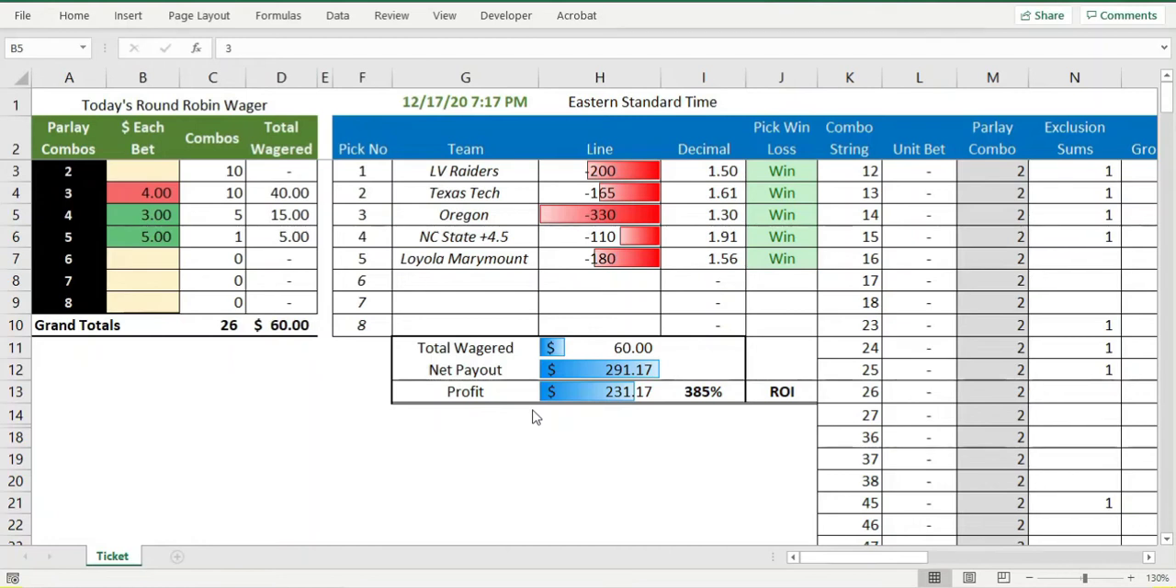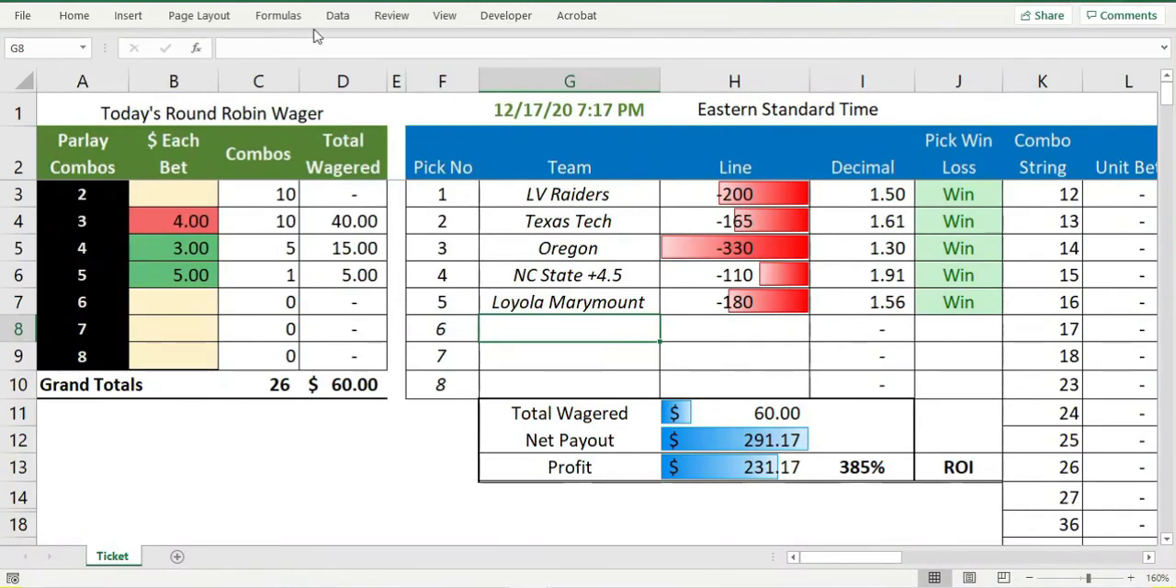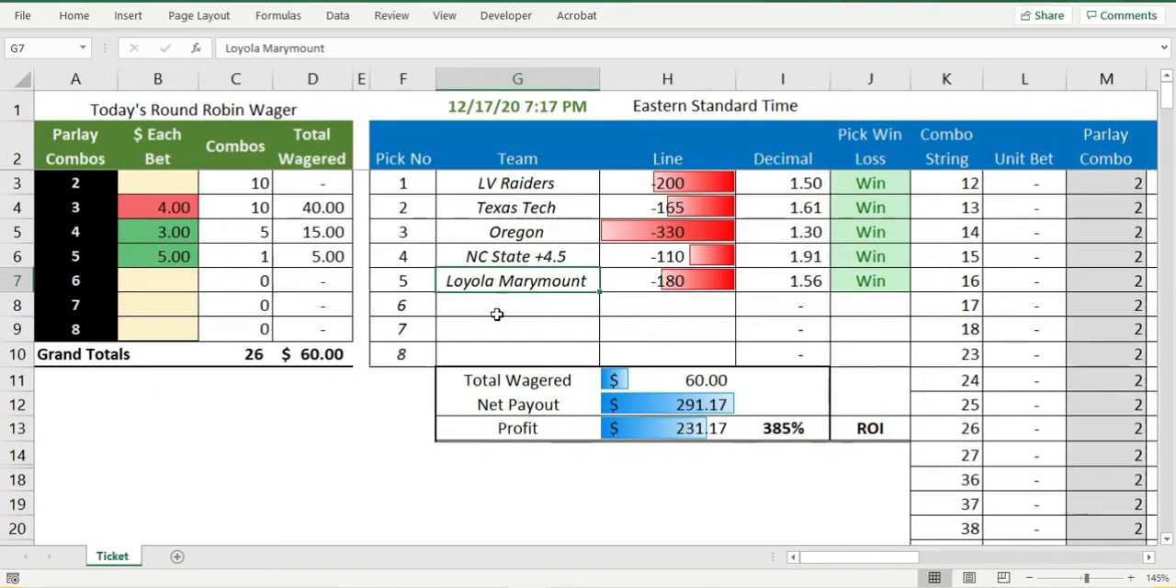Everyone, how's it going? It's Thursday, December 17th, 2020, and let's talk about wagering strategies, sports betting strategies, and this Excel file, which is called RRs, and it stands for round robins. What it does is it shows you different ways that you can play a bunch of different teams together and mix around different parlay combinations at different dollar amounts to have a lot of fun with different types of